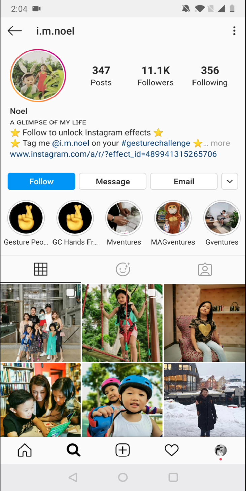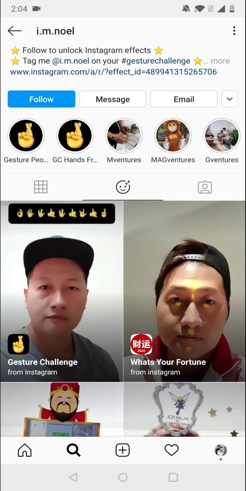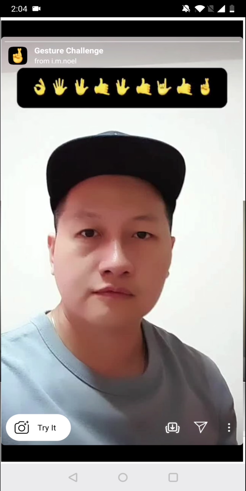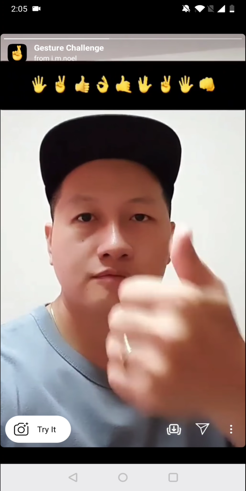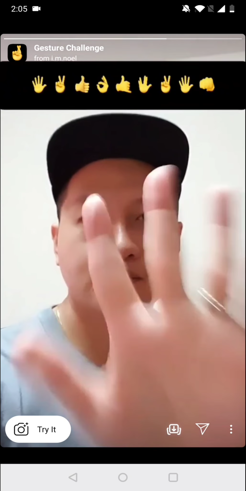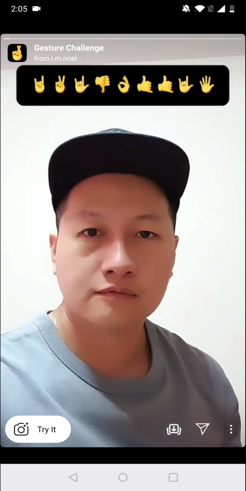You need to click on this emoji icon here, and you will see the gesture challenge filter. Just click on this one. Here, if you want to save this filter to your Instagram filter list, then you can click on this one. As you can see, this is how the challenge filter works. If you want to try it, you can click on try it, so you can use this filter. For now I'm in bed, so I will not be able to use this filter,